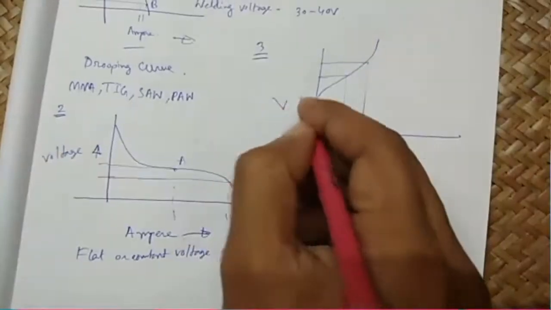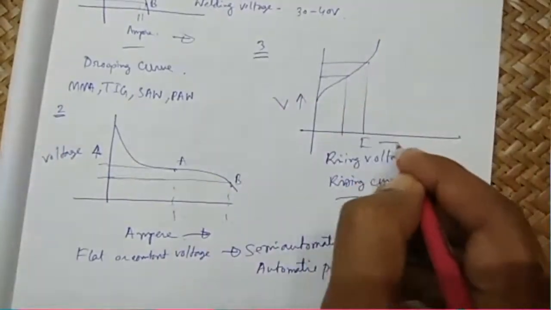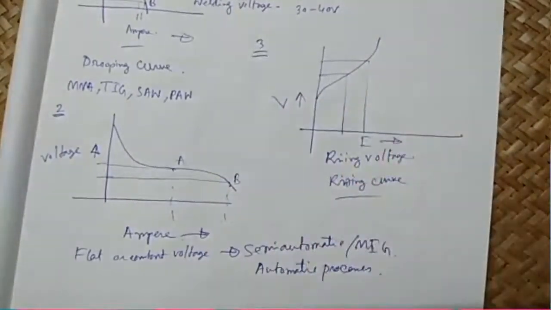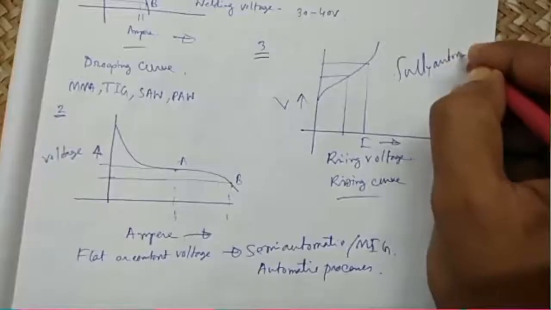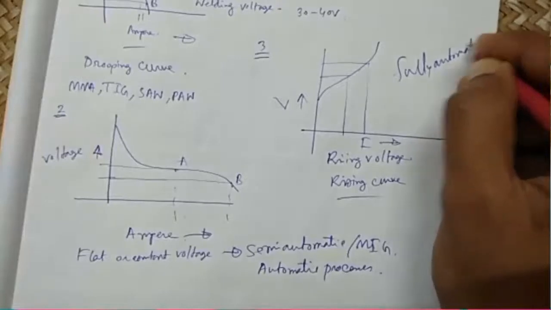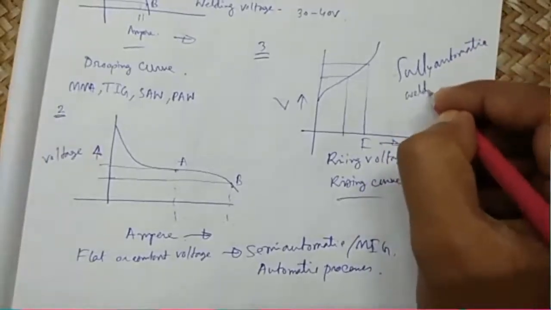Here this is V, this is I. Now this rising voltage type is used with fully automatic welding processes,